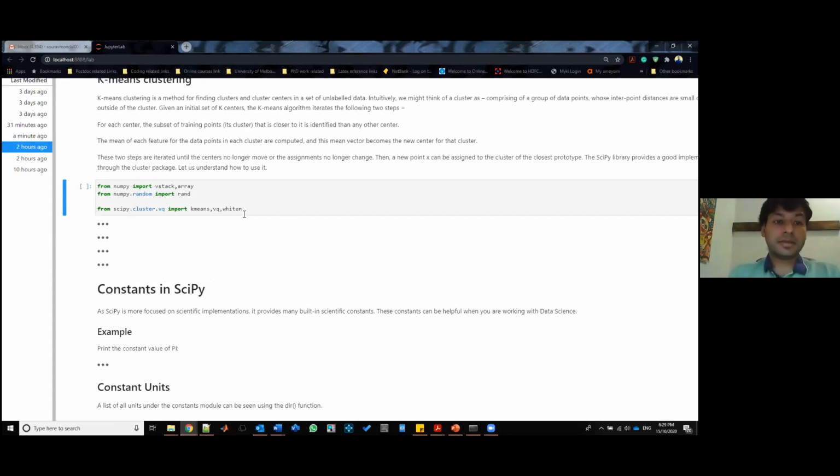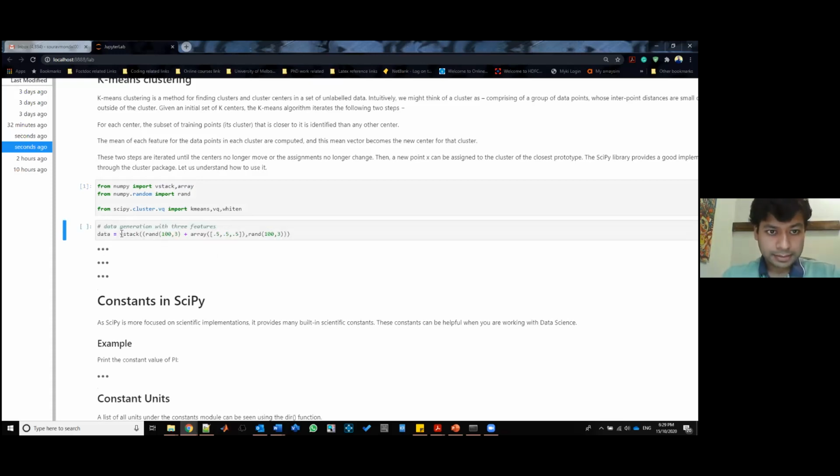A couple of important libraries that we need to import here. First two, because as we have seen, SciPy largely relies on NumPy. So we have to import these two special functions, vstack and array, and also the random library. And from SciPy, we import cluster.vq, that's vector quantization, and these three things we need to import. So let's start with that. All right. Now, once we have done that,